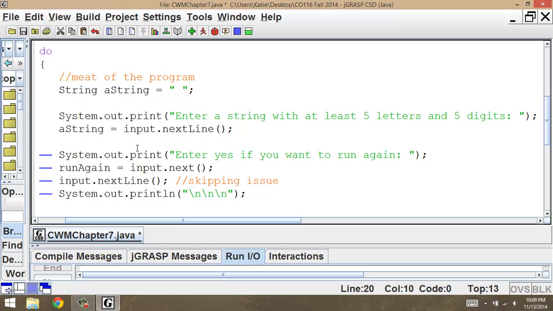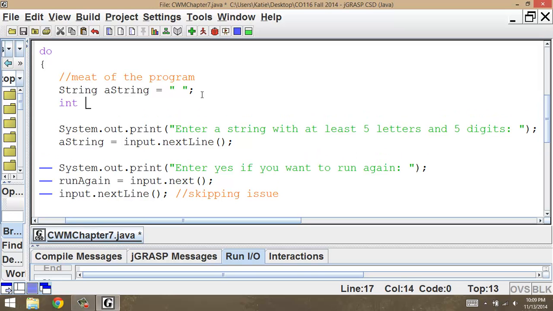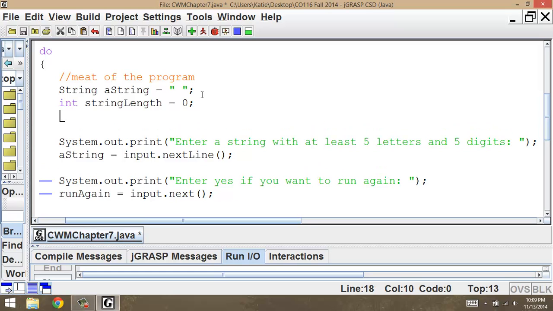Okay. The next thing, so we've done that. The next thing, continuously reprompt the user until a valid string is entered. Display a message if it was successful or was not successful. Okay, how are we going to do that? Well, first of all, we need to count how many letters are in the string. So we're going to create a variable called stringlength. We will initialize that to 0. And then we are going to create a variable called,